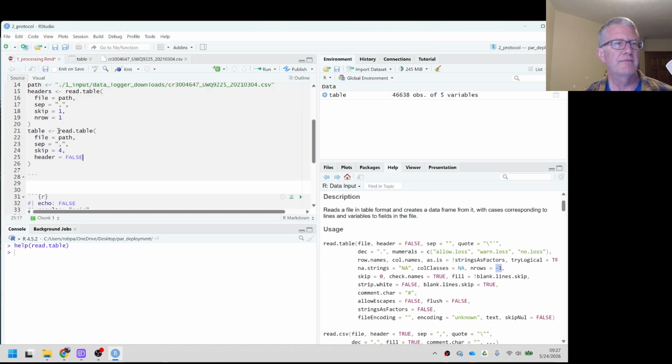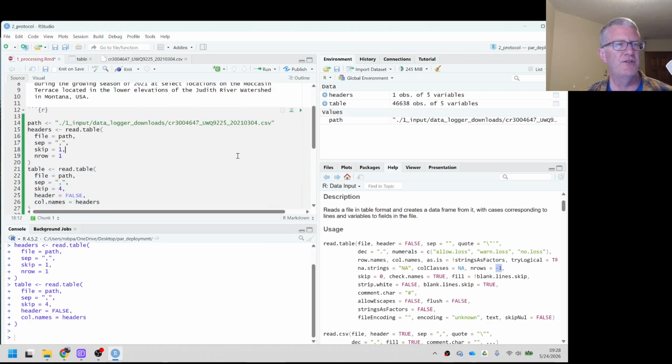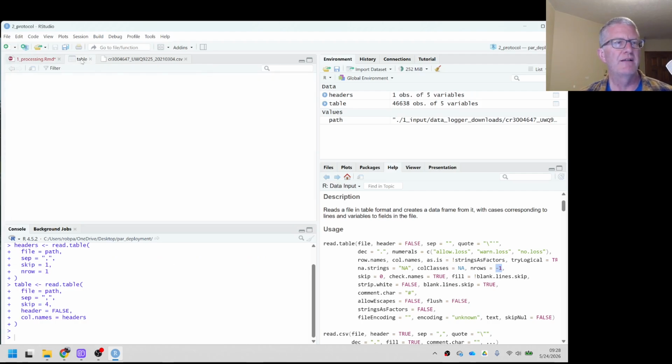And then for my read table where I'm reading the data, I have the option of specifying the col.names argument. And this means that I'm telling it specifically what column names to use for the data frame I'm reading in from this table. So I can just use the headers that I've read in from the very same file from the second row as the column names for the data frame that's read in when I'm reading in the data. So if I've done this all correctly and I run this chunk, now if I look at my table,